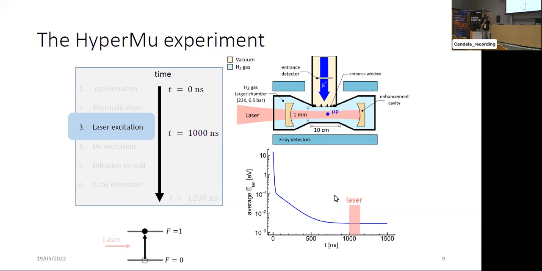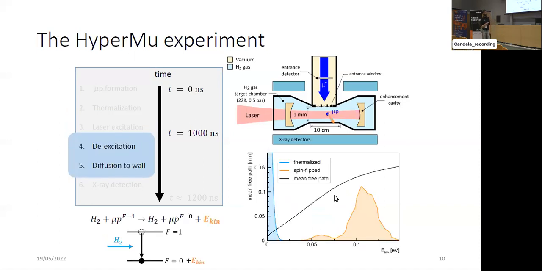There is an optical enhancement cavity surrounding the whole target region because we don't know exactly where the muonic hydrogen is, so we could maybe drive the transition from F=0 to 1. And now comes the trick of the whole detection system, because you can imagine we will never see the decay of this transition, right? The muon just decays before. The trick that we employ is similar to FAMU, it always reminds me: when this excited muonic hydrogen atom collides inelastically with the surrounding gas molecule, it de-excites back to the F=0 state, but